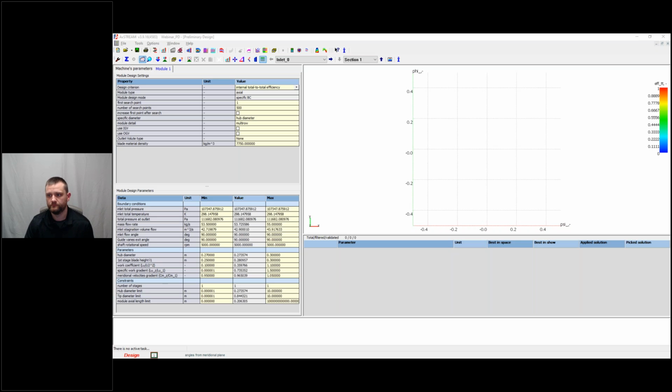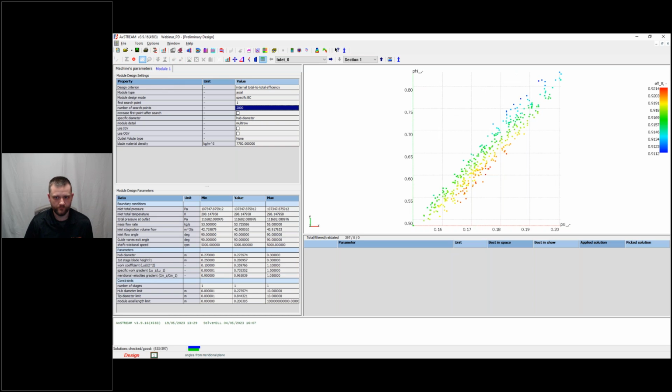So we start with the generative designs of the preliminary design module, where I said we have a table of input parameters, boundary conditions, as we can see here. They're all based on the slides we saw in the beginning, which David provided for the current requirements of that fan we want to design. We can then say how many possible combinations of these input parameters should be generated. I will set here a number of 2000.